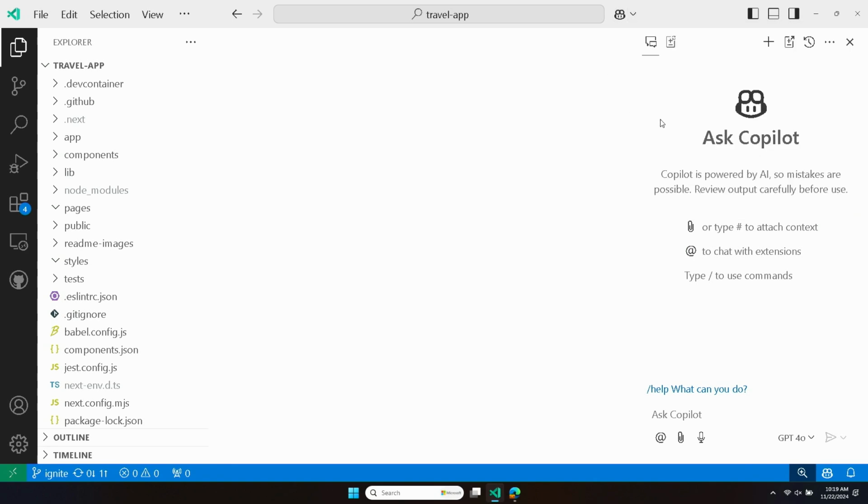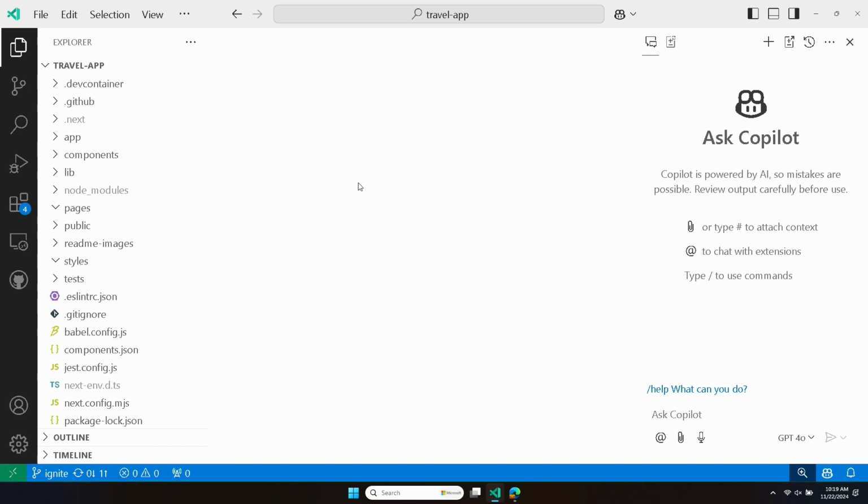Okay, so here I'm in the chat panel. I also have it over on the secondary sidebar on the right here. You can drag it wherever you'd like. So in VS Code, you can move views from the left to the right, wherever you find you're most productive and you feel the most comfortable. I really like having that chat panel on the right, because I like having this balance where I can see my Explorer or my source control on the left. I have this nice editor space in the middle, and then I can go ahead and chat with Copilot on the right while I have those other things open.